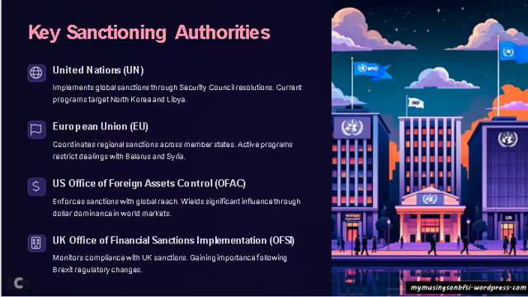Then comes the UK Office of Financial Sanctions Implementation. They enforce post-Brexit sanctions, aligning closely with the EU and US policies, but with independent measures. For example, they target Myanmar's military junta for anti-democracy activities. Then there are other players like China, Canada, Australia. They also have their own varying sanctions on various entities. Example, China sanctioned EU officials in retaliation against the Xinjiang related measures.